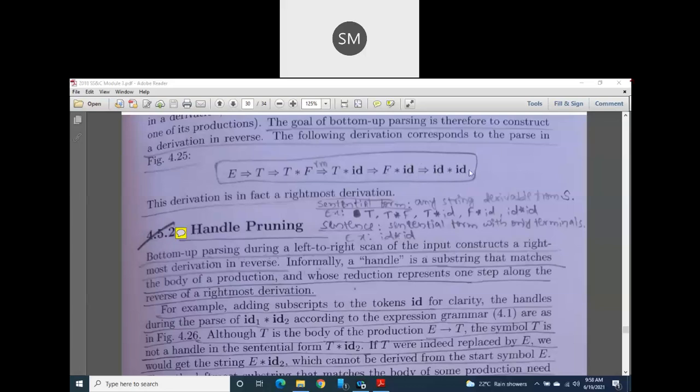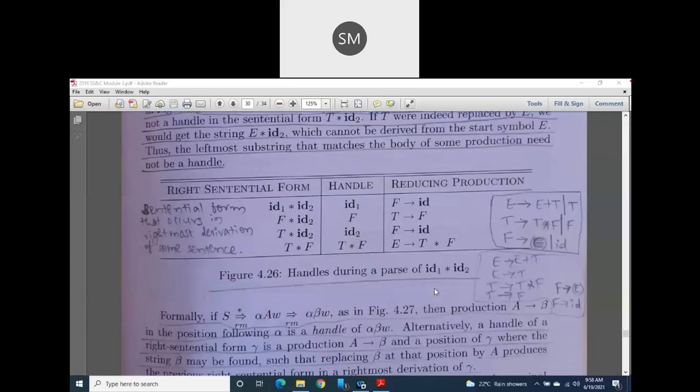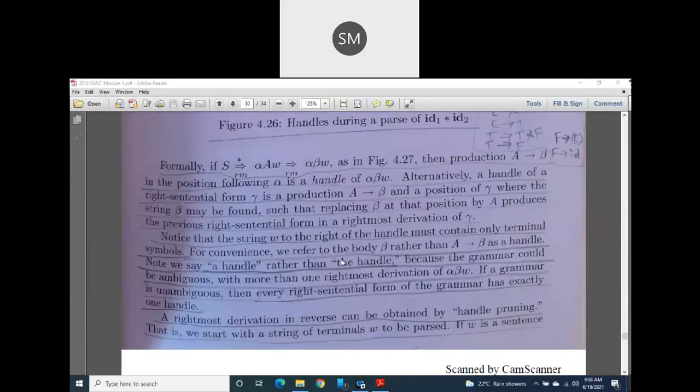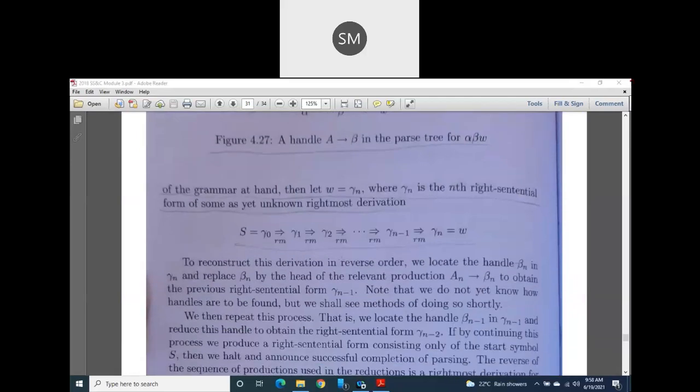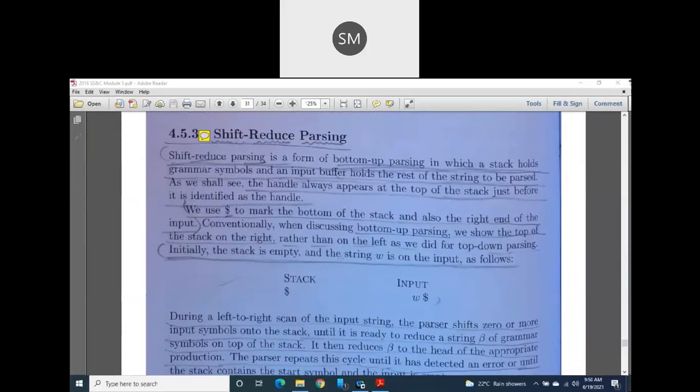So the rightmost derivation steps, these sequence of steps, if you go from right to left, then it is called handle pruning. It means you are reducing. In every step I used that word, correct? Reduce. That is a reduction. Our previous small topic was also reduction. So reducing the handles is called handle pruning. Clear, guys? Okay. Then we will go to the next topic, that is shift reduce parsing.